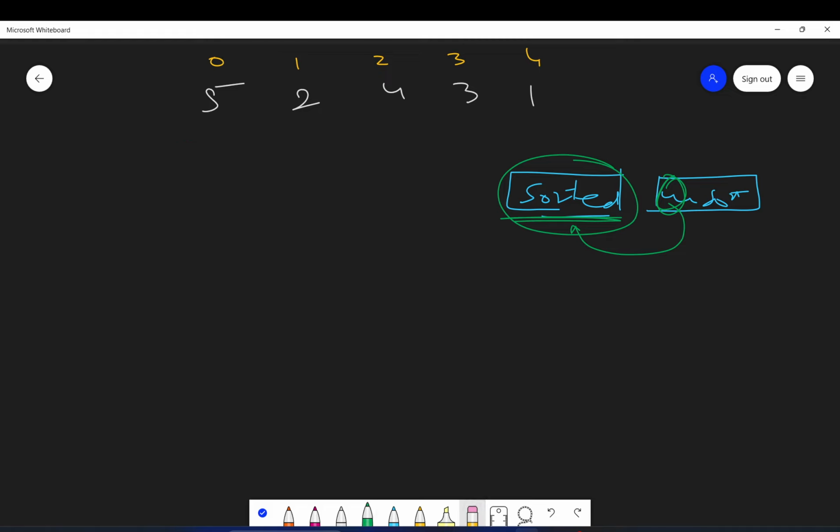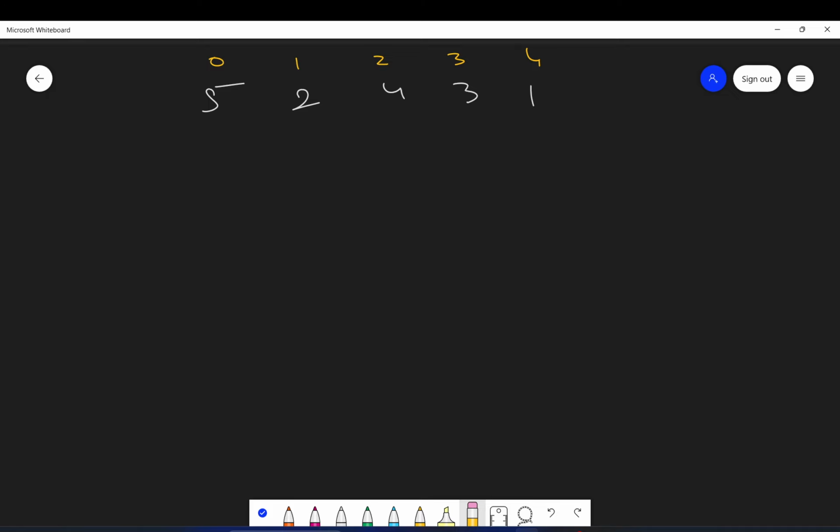What I will be doing is iterating. We will iterate from i equal to 0 till n, and here n is the number of elements in the array. So here we have 1, 2, 3, 4, 5, we have 5 elements, so our n is 5. The value of i will range from 0, 1, 2, 3 and 4. Initially, let's say our i value is 0.